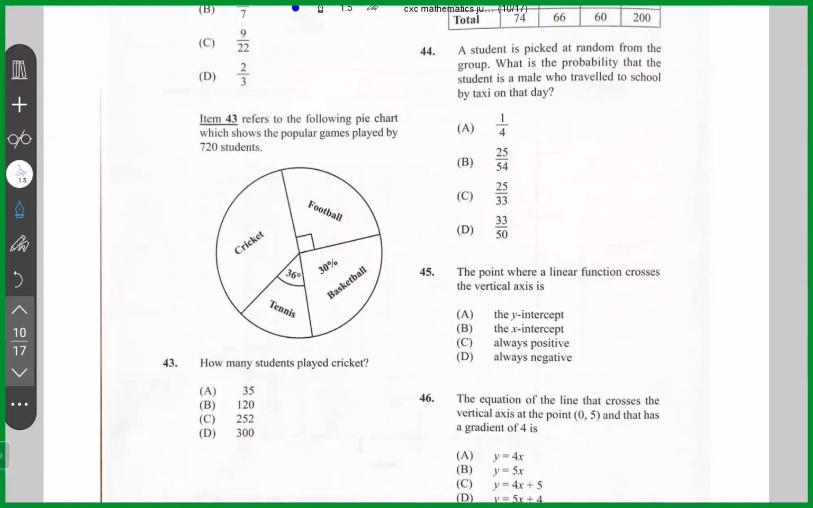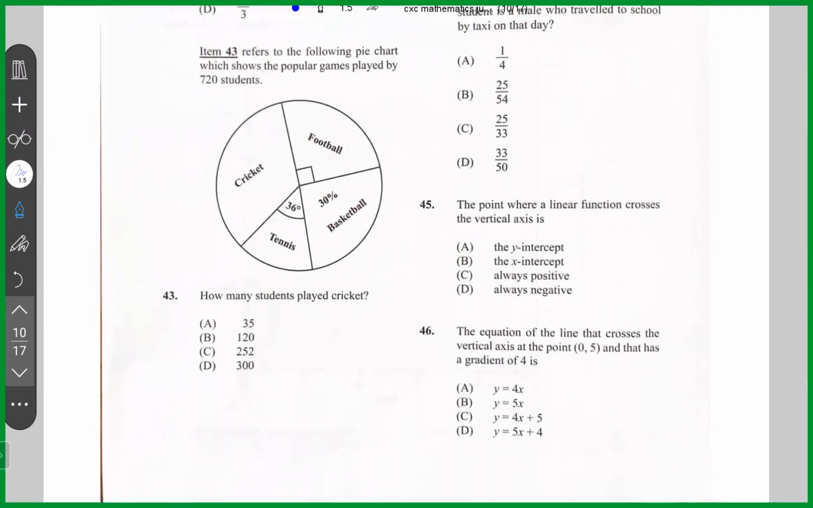Item 43 refers to the following pie chart, which shows the popular games played by 720 students. How many students played cricket? All right, well, from a point of view of degrees, cricket looks like 40%. To me, it looks like cricket and tennis is 50%, and tennis is 36 degrees. 36 degrees is 10% of 360. So cricket looks like 40%, and that would be 40% of, all right, if